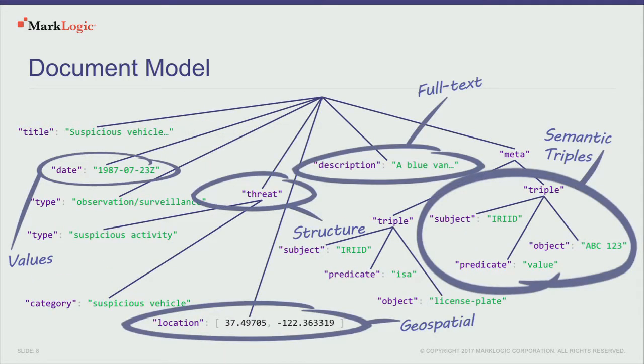You can see that it very well represents a hierarchical tree structure. And of course, in MarkLogic, we're not storing that suspicious activity, this noise complaint, as angle brackets in XML or as squiggly braces in JSON. We're storing these on disk as a very highly compressed C++ data structure. But you can still think of it as this tree structure. And so you can capture various aspects of this data. You've got rich values like that date. You've got geospatial coordinates. You've got hierarchies.